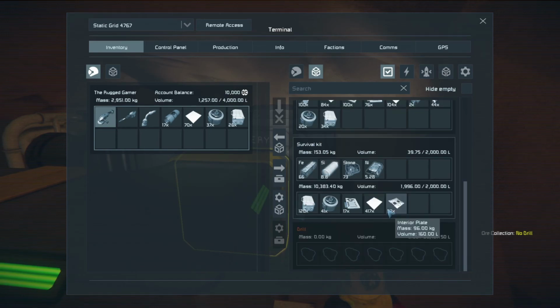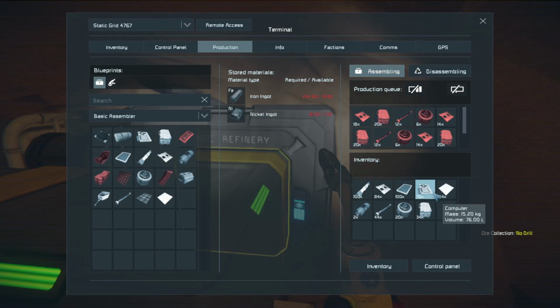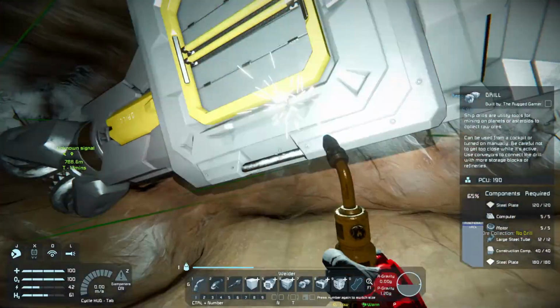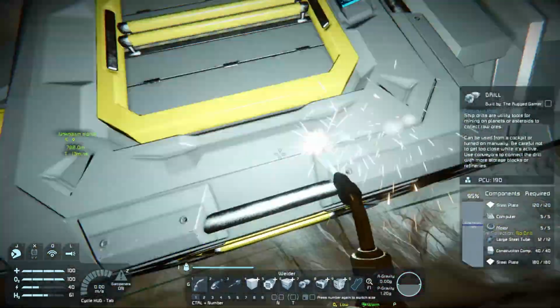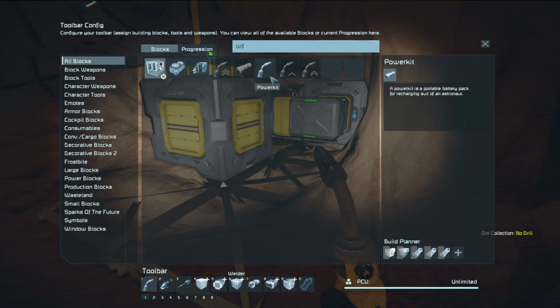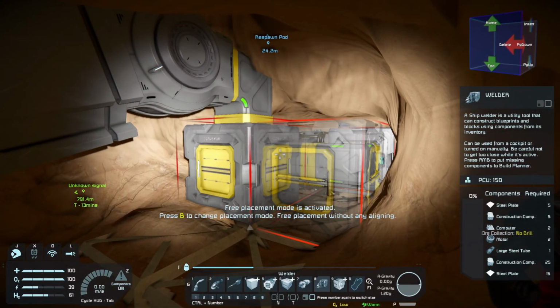We have no computers at all. Look, sure. How do we have no computers? We do have computers. Right there. I'm an idiot. Looking at the wrong thing. Computers. Definitely struggling for storage, so we're going to start to think about some storage space here. Let's see if I can get a welder on. Welder there. Welder there. I'm going to need a battery for it, so let's go ahead and...